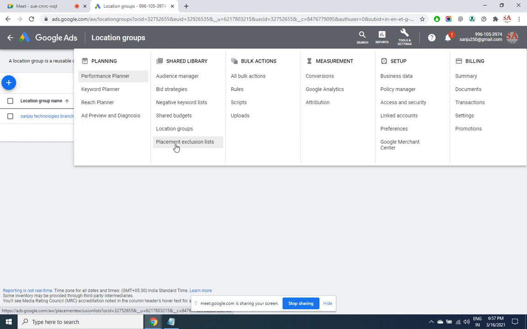Why? Because I've given the space to Google AdSense. And while creating an ad, I've said that please display my ad on all the websites which are relevant to SEO. So what Google will do is display my ad on my own website. So I'm losing out, when the person is already there in my site. Why should I display my ad to him? Why should I display my video to the people who are already visiting my channel, who are already my subscribers? Why should I display that to the people who are already using my app? Anti-remarketing. So that has to be placed into the placement exclusion list.